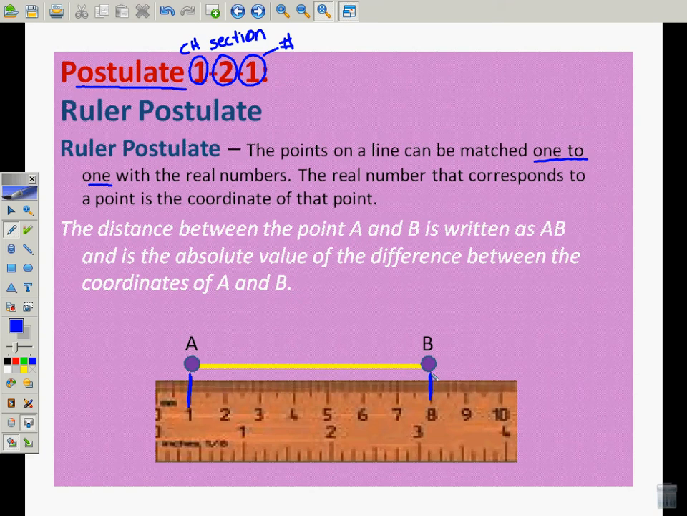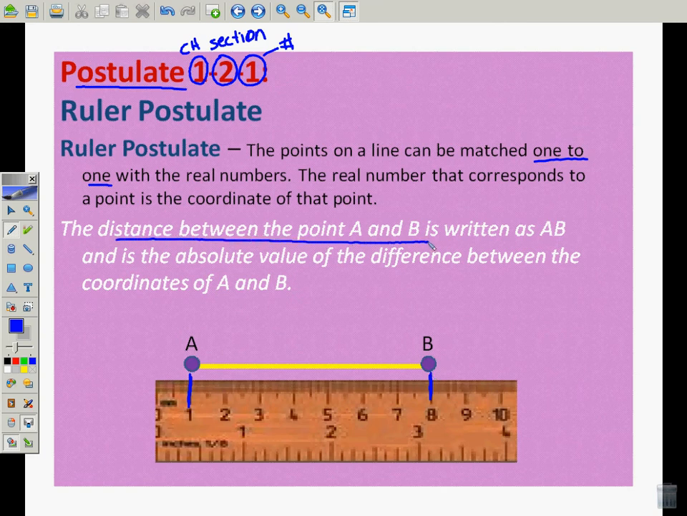Now some of you are sitting there thinking, well, I already know that it's 7 inches long or 7 centimeters or 7 miles, depending on what the scale is. So why am I learning this? Think about this for a second. You can obviously count that there are 7 inches between there, but what about if we started somewhere in the middle, or we were dealing with something exceptionally long? How do we deal with that and measure it? Well, the distance between point A and point B